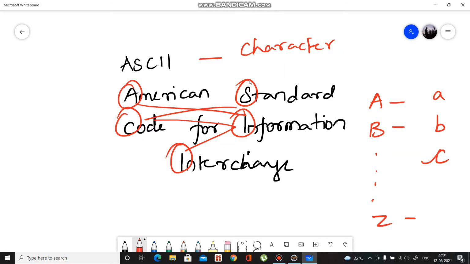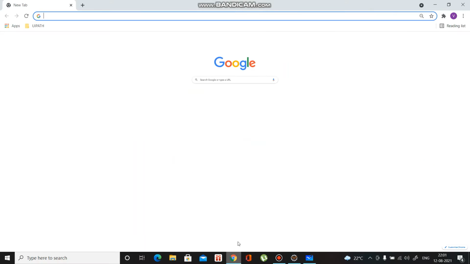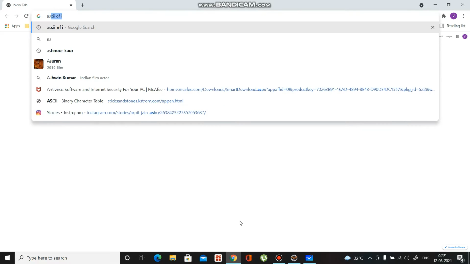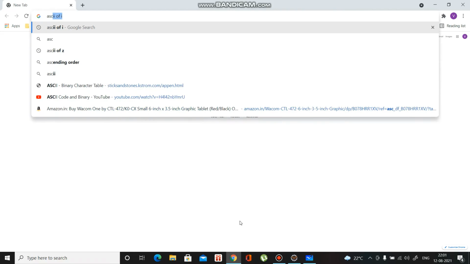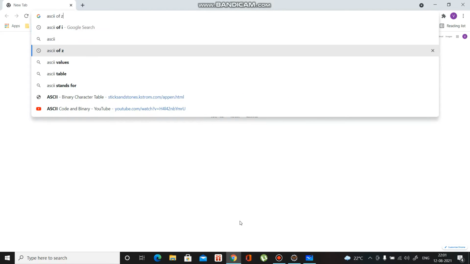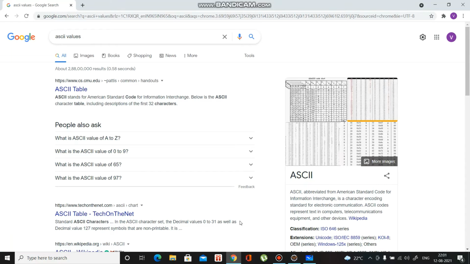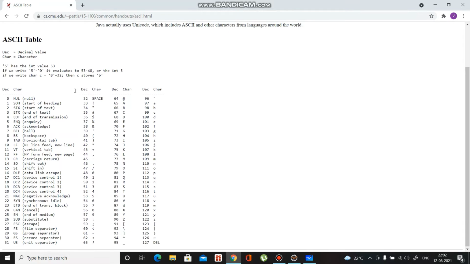If you are finding it difficult to remember, just go to Chrome or any browser and type ASCII values. You will get a table. Just open it.